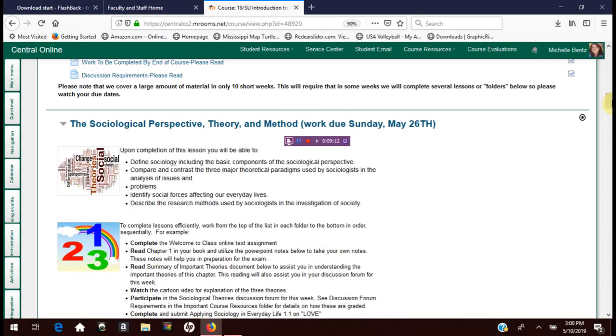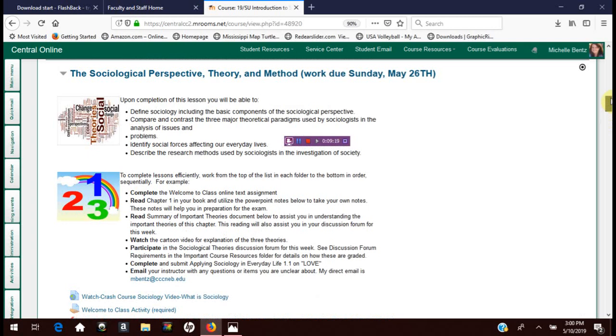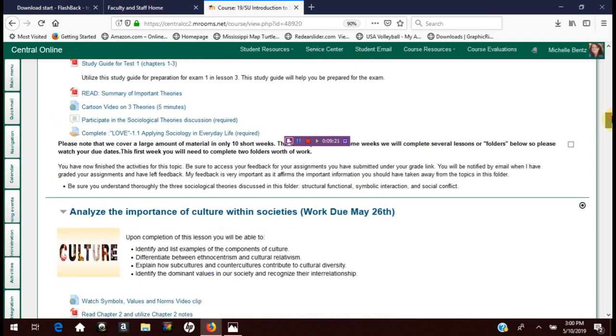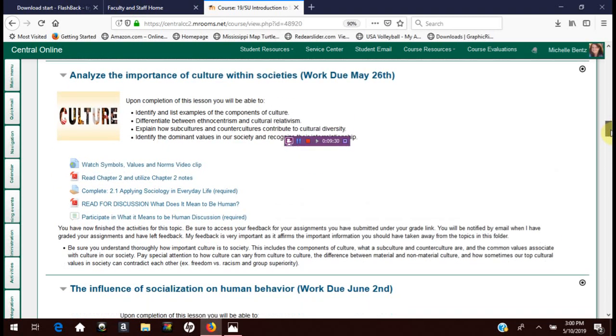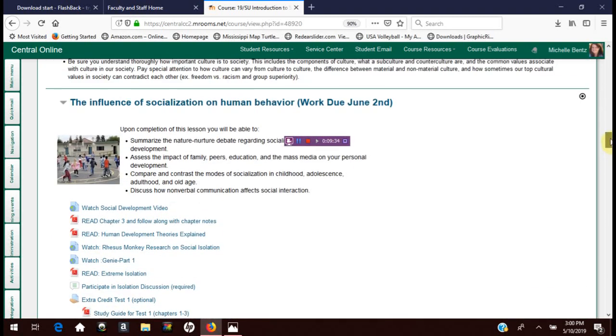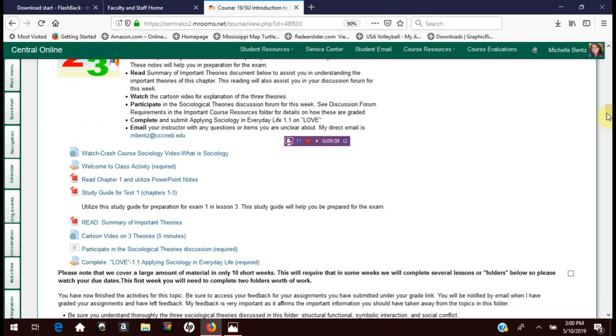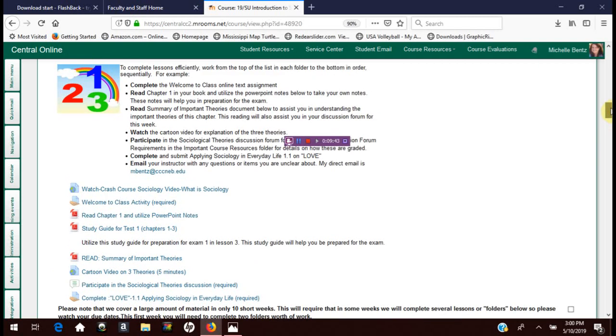Since this course is over a short duration, in many instances there could be times where you have 2 folders worth of work due, such as in the first week. You can see that both the first 2 folders of work are due the first Sunday that you're in the course. So you definitely want to always scroll down a little bit to see what's due each week, looking ahead to see if there happens to be 2 folders worth of work due. And I will always try to outline that in my announcements. That's why it's important to always listen to those course announcements.